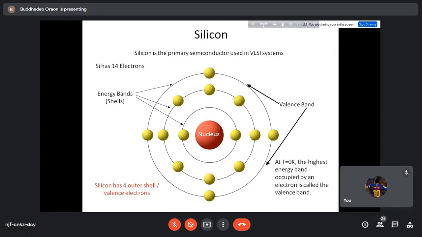It is because all the electrons of a silicon atom are actually bonded. There's no free electron, and they form a solid three-dimensional structure with no free electron, so no conductivity. But what happens when you raise the temperature in silicon?